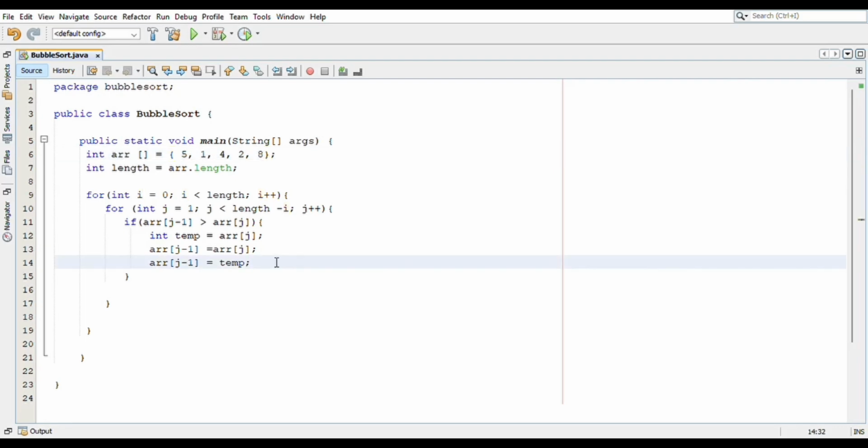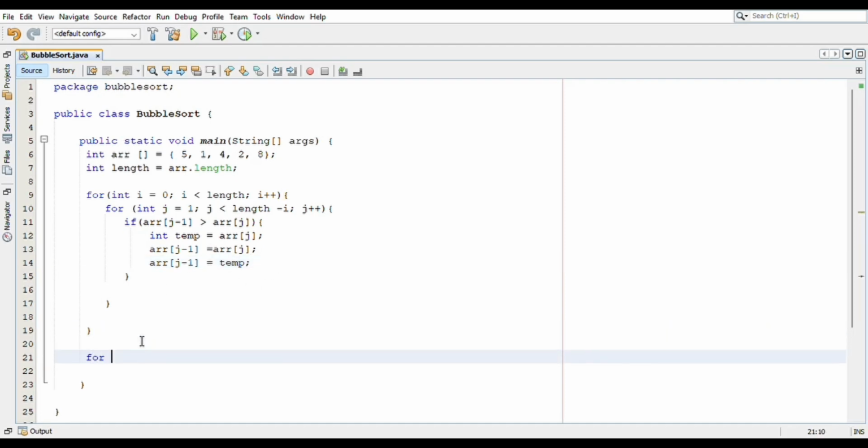And before running this code, we have to print the content of the array as well. So what I will do is simply have another for loop wherein i is equal to 0, and i goes up to the length of the array over here, and then we have i++.